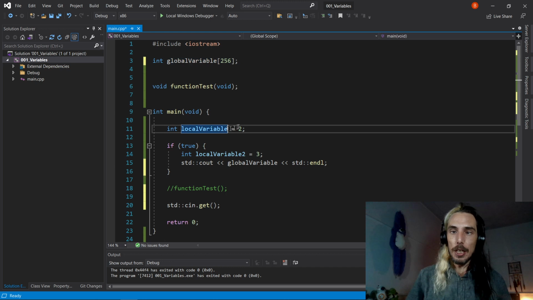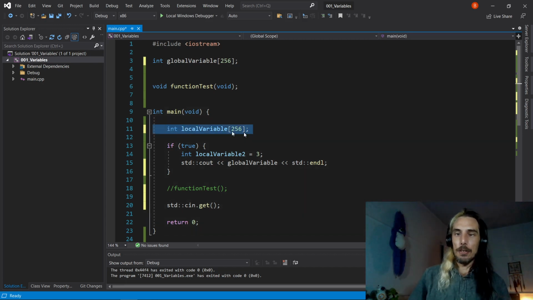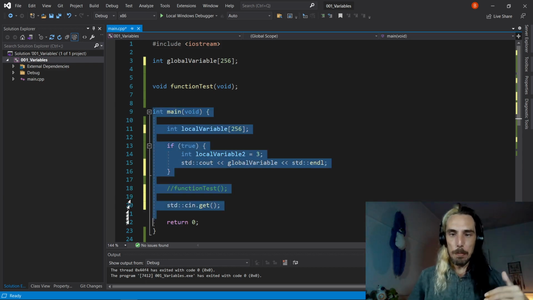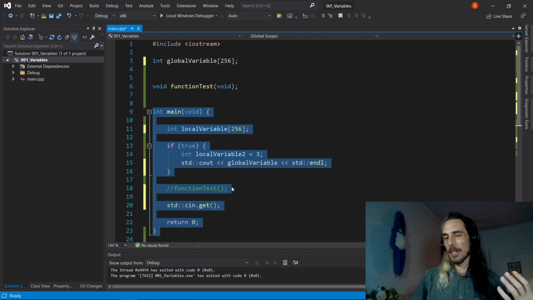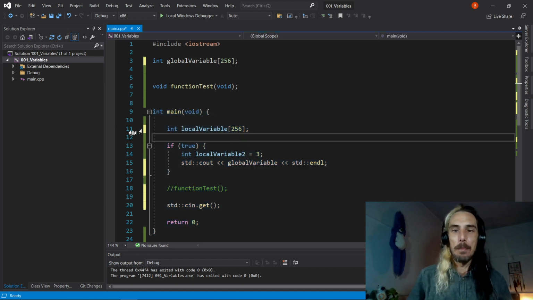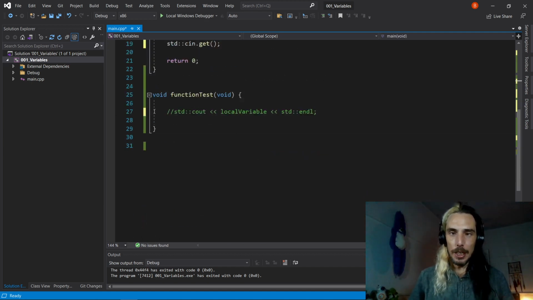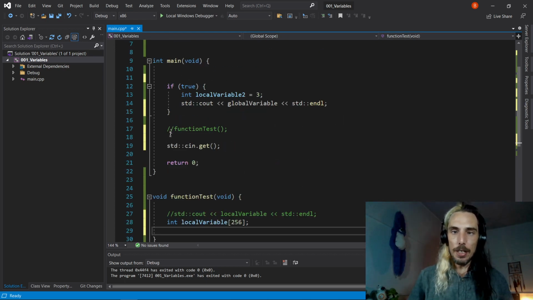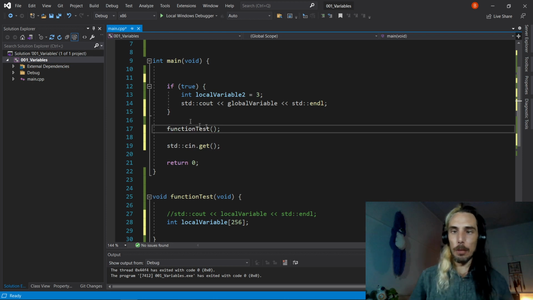Whereas if we have this one, and let's do the same thing here, make that an array of 256 ints, this is only going to exist in the time where this main function's actually running, which is kind of a bad example, since when we exit main, the program's finished running anyway. But say we took that one and wanted to use it in our test function, then when the test function gets called, if we uncomment that,